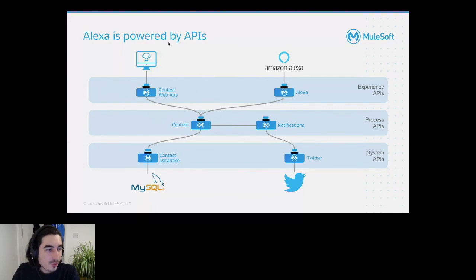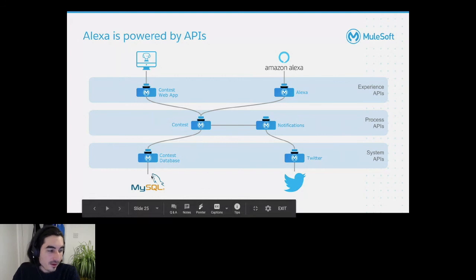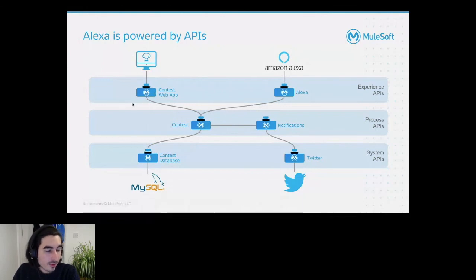Do you really want to make a synchronous HTTP request from contest experience API to contest process API to contest system API, register in the database, return it here, return it here, and return it here? The response is no. You want to have something such as RabbitMQ. You want to have any point MQ, anything in the middle that creates that asynchronous pattern, and then you can register all those participants in the queue, and then you can process it at your own time with asynchronous calls,